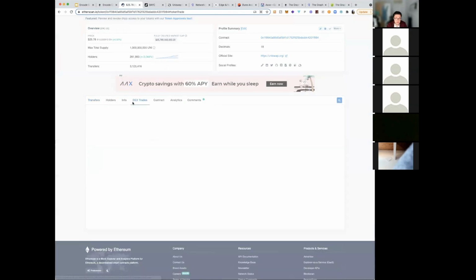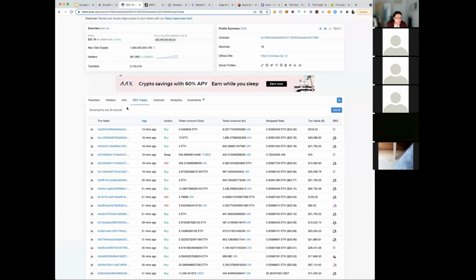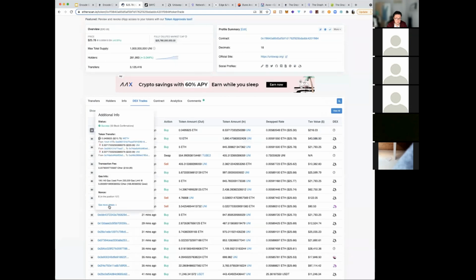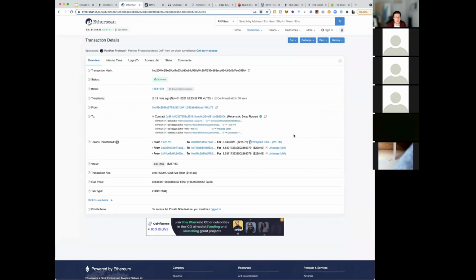There we go. If my laptop is going to speed up. Here we go. Much better. So this is a trade. Obviously I can infer the price on this trade, but this happened 13 minutes ago. Anything could have happened with the price. So just having data about a specific transaction, which the Graph will give us for a lot of them,